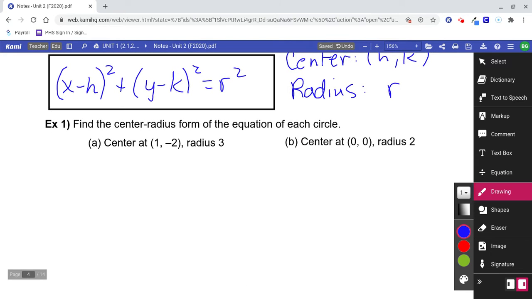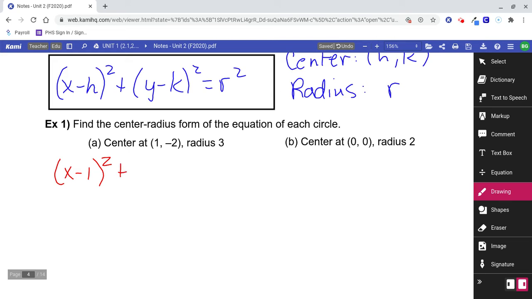Example 1 says find the center radius form of the equation of each circle. All right. Great. We love this. The formula says x minus the x number, basically. Okay. You've seen this kind of form before. So just the x number is 1. So we're going to say x minus 1